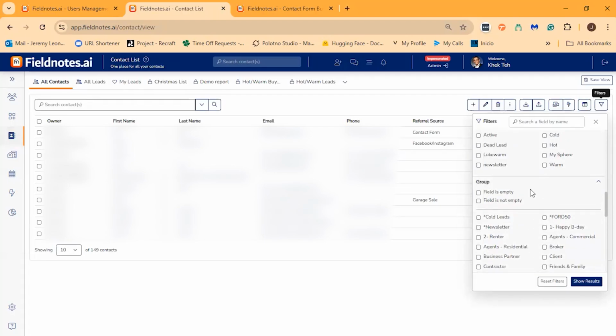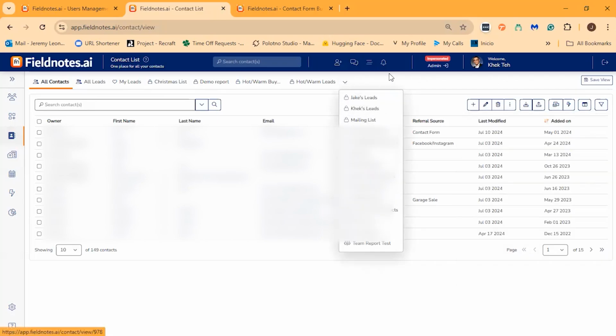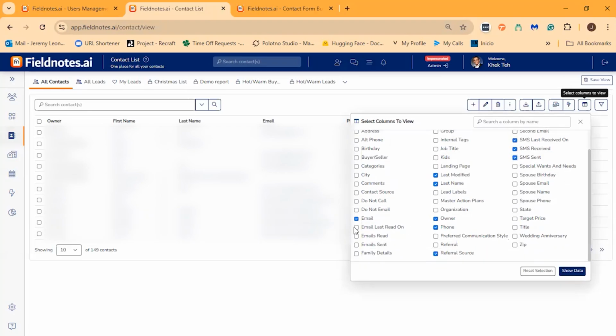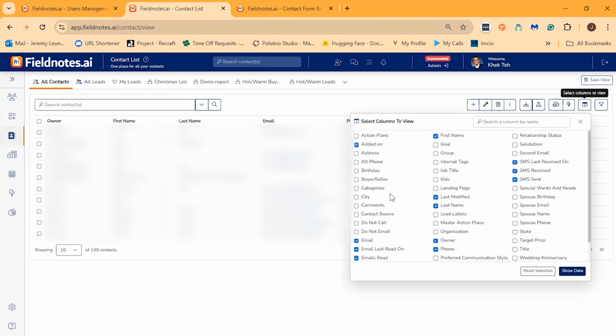Based on all of these, you could have different views saved, so that you're going to those groups and reviewing. And if you had columns, you could see what kind of text messages have gone out to the people, what kind of emails have gone out, maybe what kind of action plans you're using, what's their group,